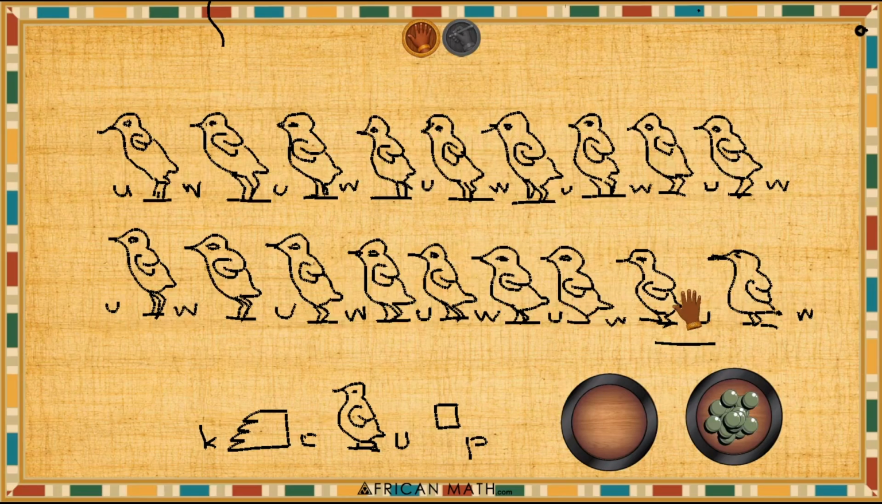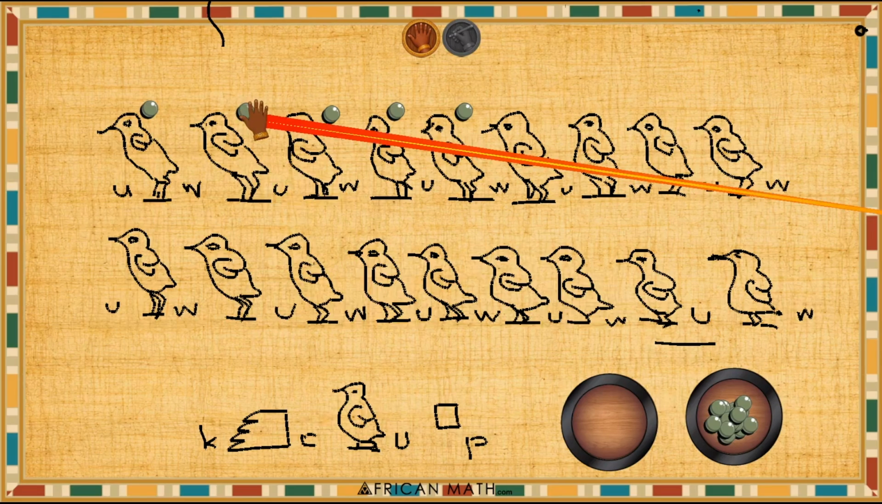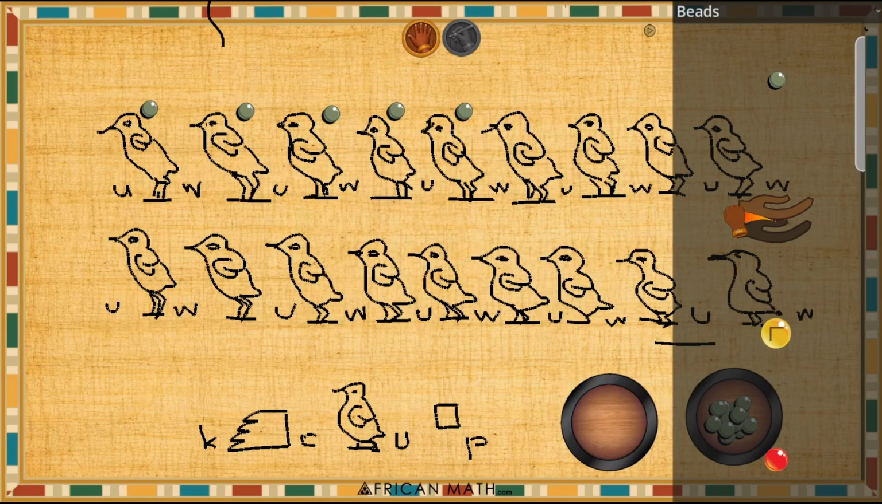And we're going to have fun today counting the quail chicks. We're going to start here to the left. Let's see. We have 1, 2, 3, 4, 5. And did you know that the ancient Egyptians had a fun, creative way of grouping quantities so that